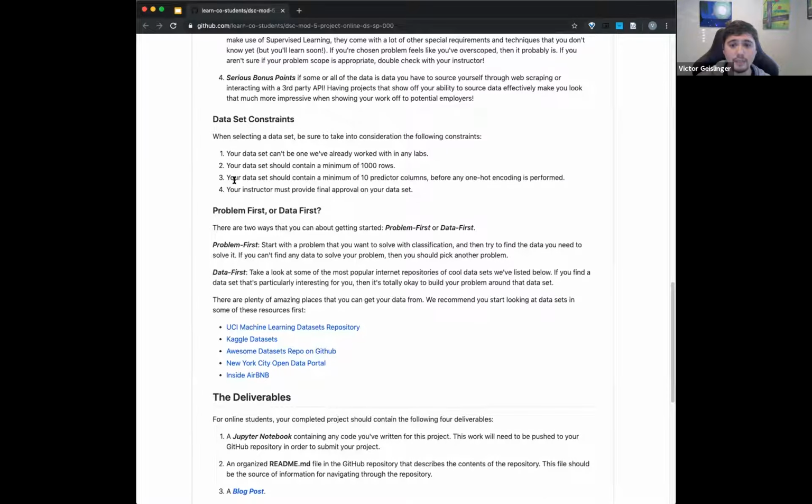Okay. Same thing with the minimum number of 10 predictor columns before one hot encoding. This is similar, but I'm going to have a little extra part in here that we'll go over in a little slideshow that another instructor put together that I agree with. Basically, one thing you want to do is try to avoid data sets that have a lot of categorical variables. Not that you can't do machine learning with all or mostly categorical. You just will find that they tend to perform either really well or not well enough. And it can be a little frustrating, because there's not much tweaking you can do, at least from the stuff that we've learned so far.